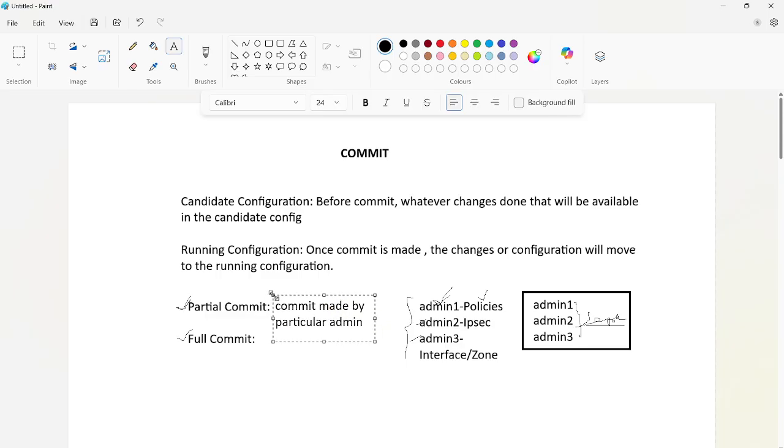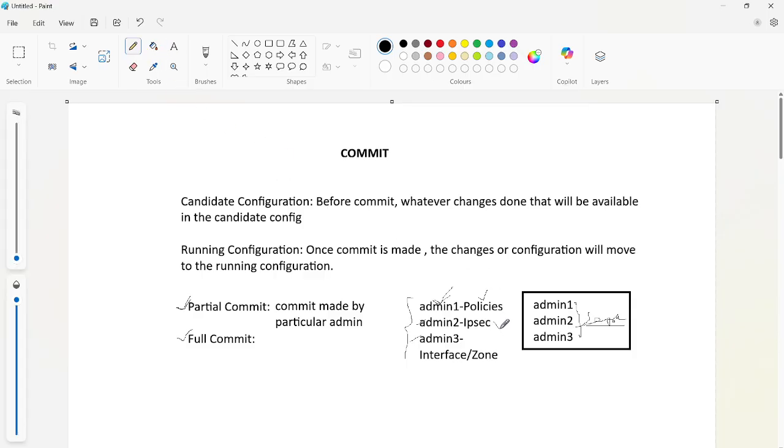If you do a full commit, every configuration done by all the admins will go through the commit process and into the running configuration. But admin 2 and admin 3 are in between and have not completed their changes.